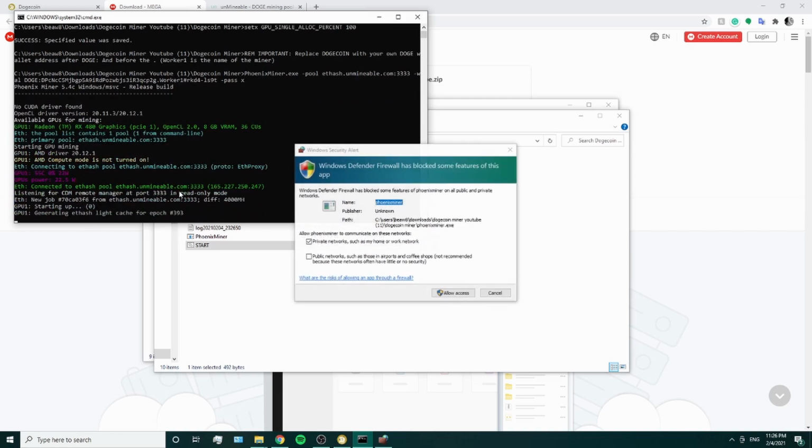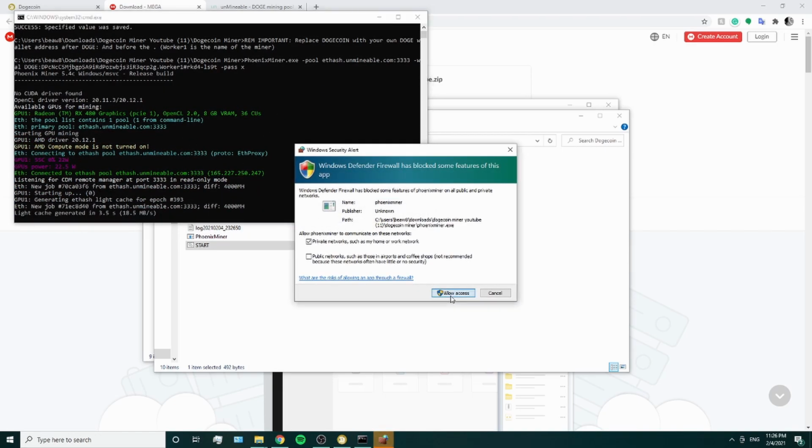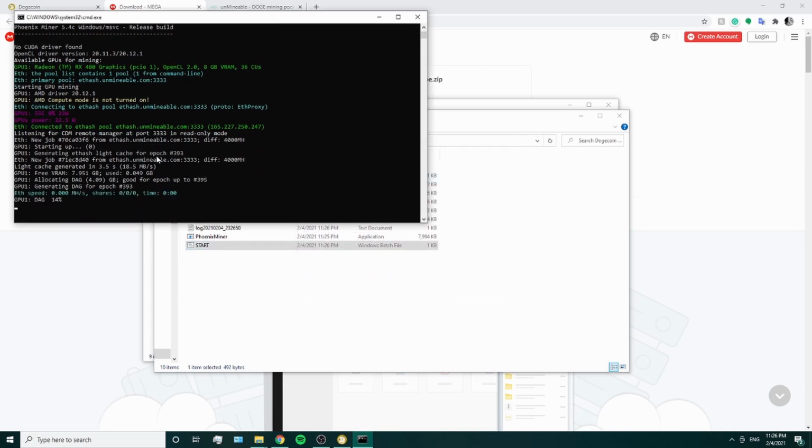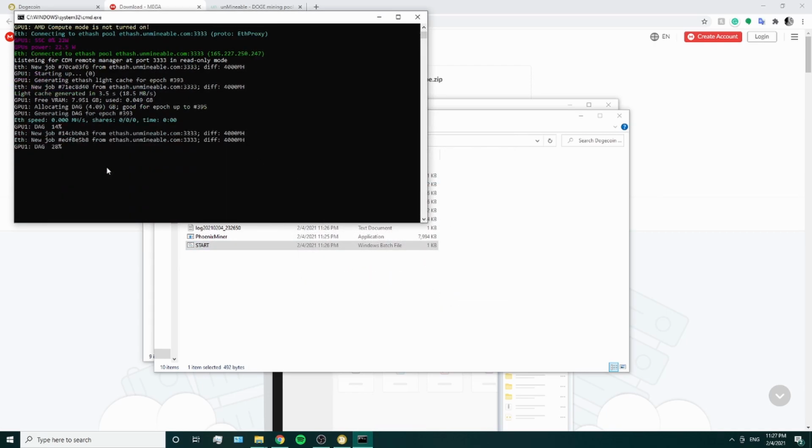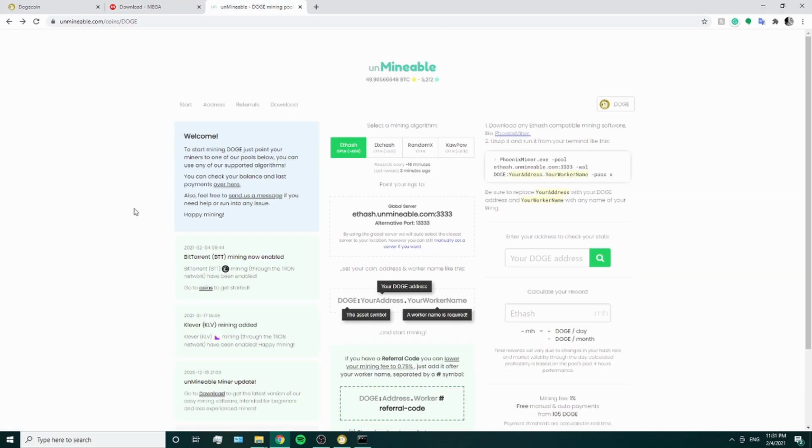And here we go. We're already mining Dogecoin. Allow access if you have to do that. Oh yeah, now we're mining Dogecoin. That easy. Alright, finally, to track how much Doge you're making, go to Unminable, which is the third link in